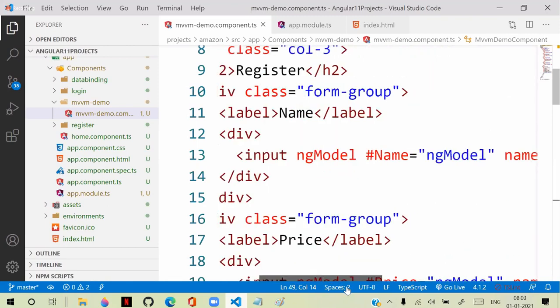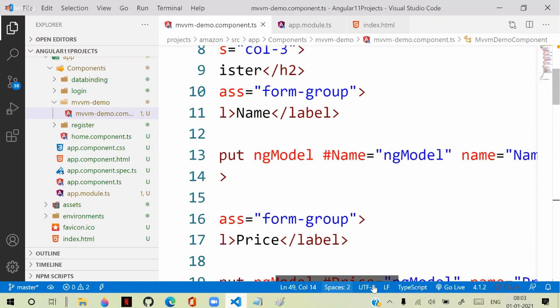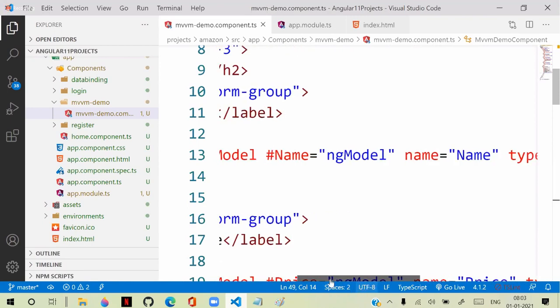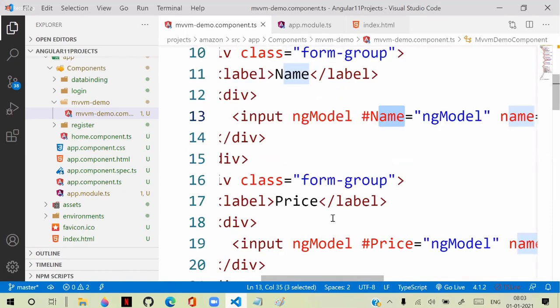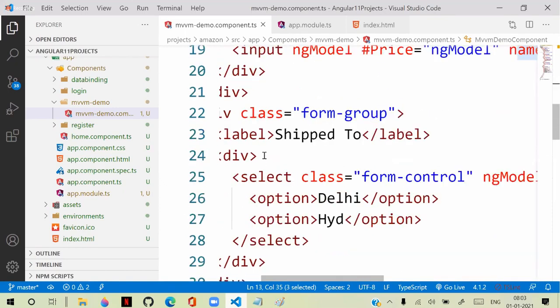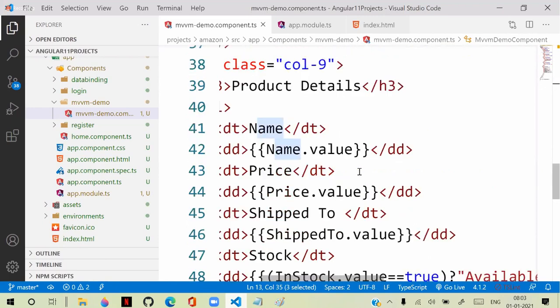For that you need three things. Every control needs a name, every control needs ngModel, and every control needs an ID reference. This is enough. To collect its value, we just use the reference id.value. We can access the value and use it directly here.